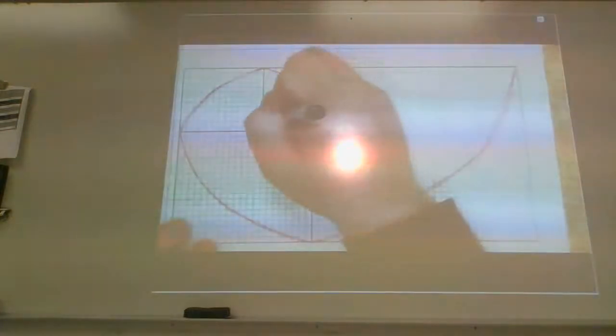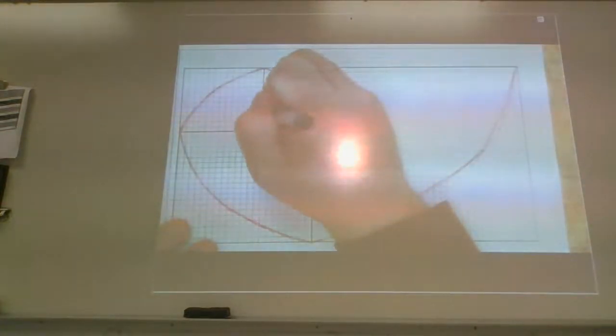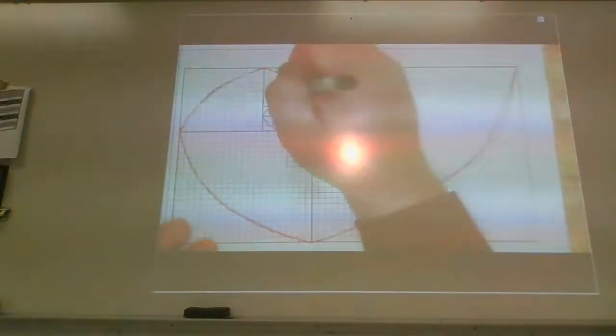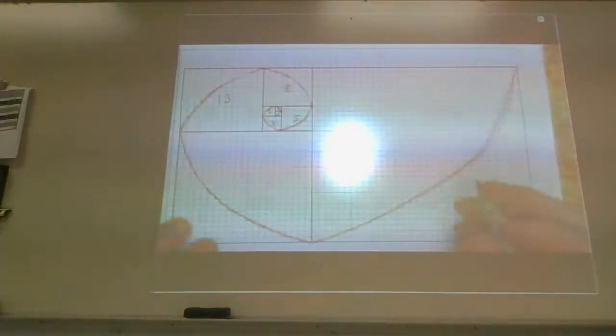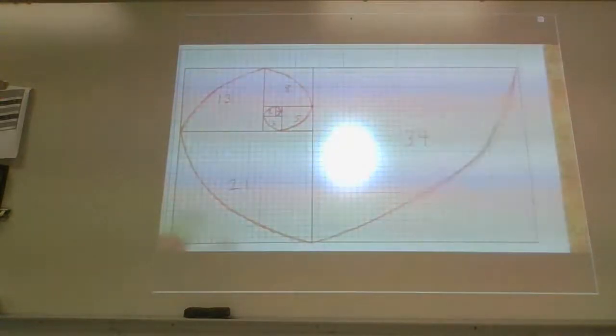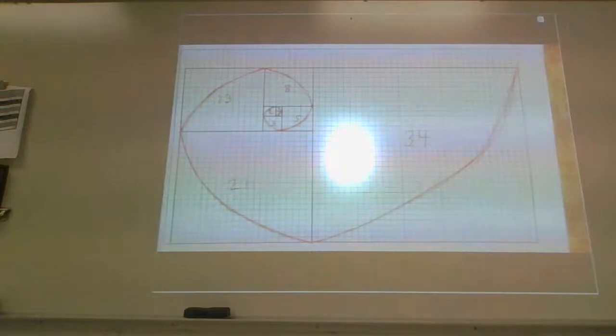This one is a 1x1, a 1x1, a 2x2, a 3x3, a 5x5, an 8x8. This is 13x13. This is 21x21. And this is a 34x34. It's obviously a lot easier for me to do those using an Excel spreadsheet and a grid. I mean, they didn't have graph paper like this back in the day, but they were still able to create stuff like this, which is absolutely phenomenal.